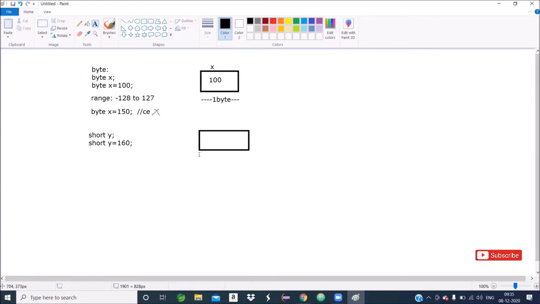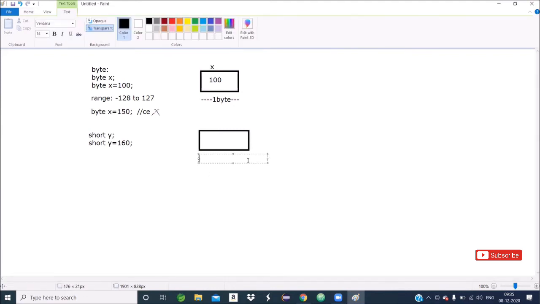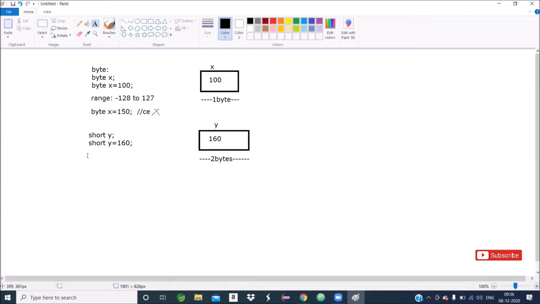What is the size of the memory? The size of the memory is 2 bytes. 2 bytes of memory will be allocated, the name of the memory is y, and the value 160 is assigned to y.